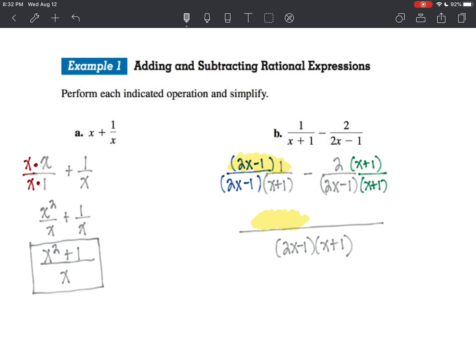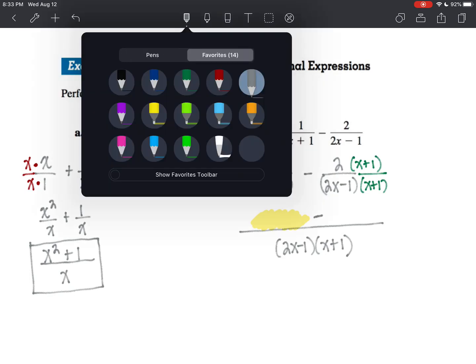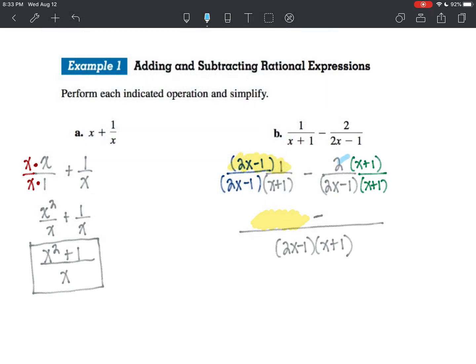And then I'm going to subtract the result of 2 times x plus 1. Now, when I multiply 2 times x plus 1, it's going to end up being more than one term, so I'm going to use parentheses right there. So I've got 2x minus 1 minus 2x plus 2, 2 times x, 2 times 1, and then I'm going